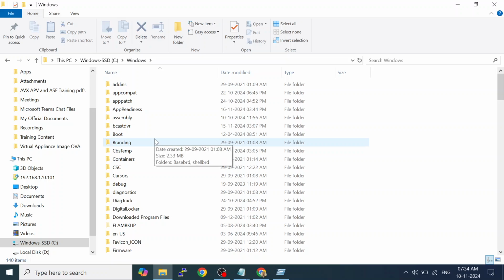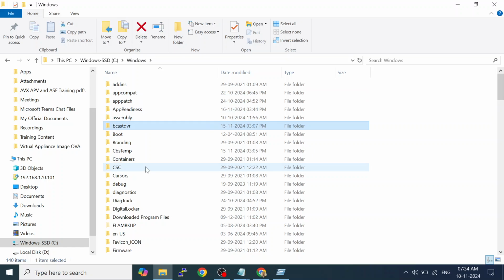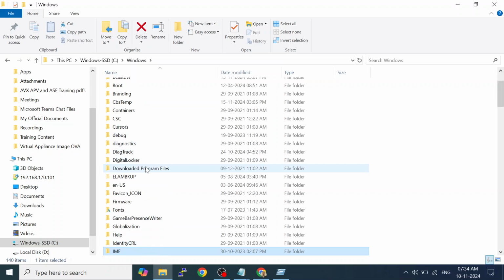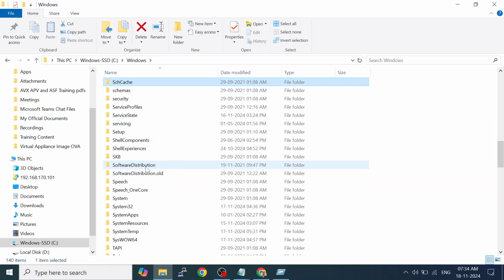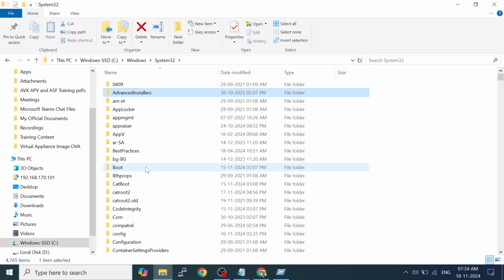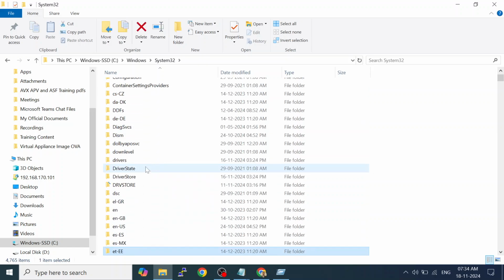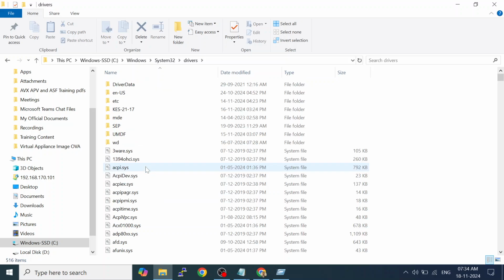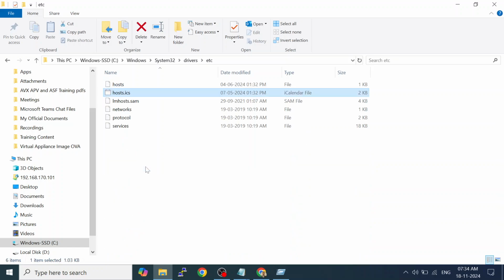In Windows folder, we have System32. Okay, C drive, Windows, System32. In this System32, there is a folder called drivers. In this drivers, the folder is etc. In this etc, you can see the file host.